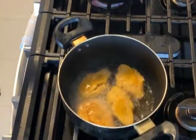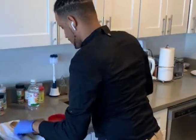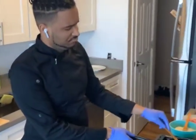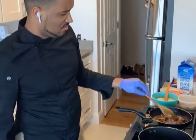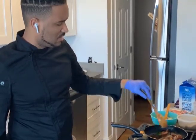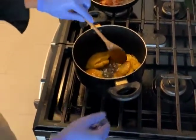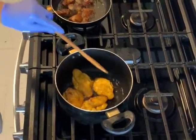Yeah, it won't take long to cook. Always make sure you check the product. Make sure you get that color. It won't take that long to cook, guys. So now